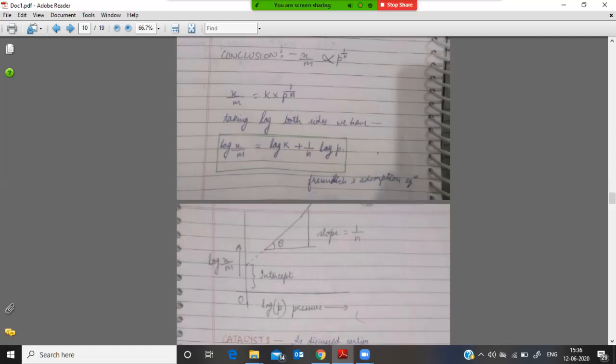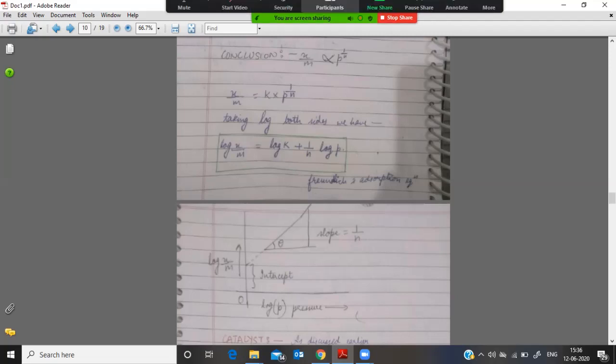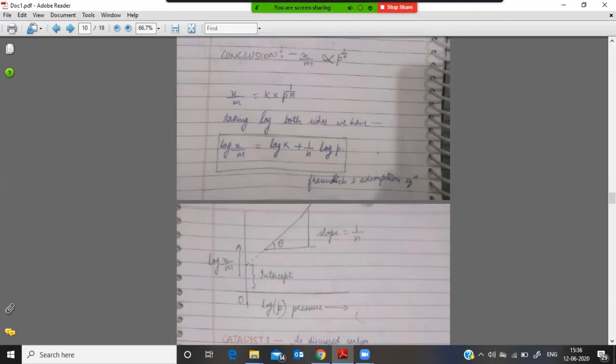So this is all about your Freundlich adsorption isotherm. So dear students, please keep on revising this topic at home. This is highly important for this year for your board examination. I hope that we will keep on doing it at home, and at the same time we will do the problems related to it from the NCERT book. Thank you.